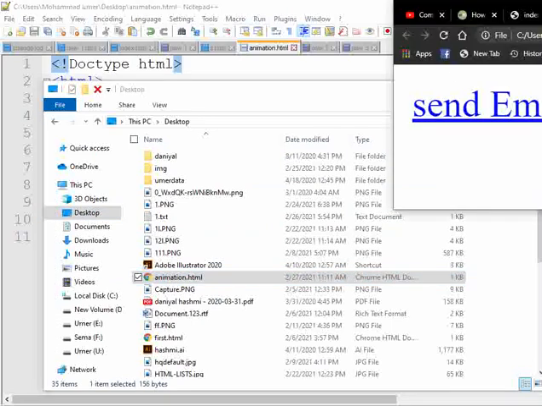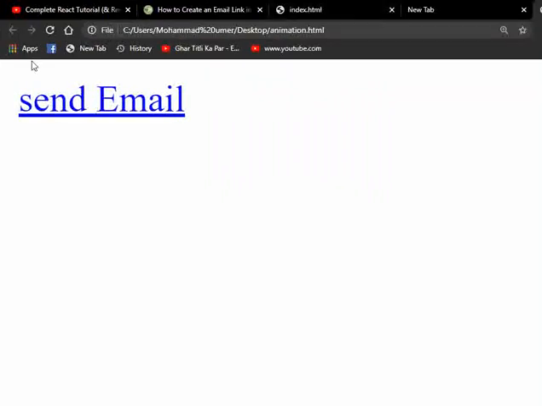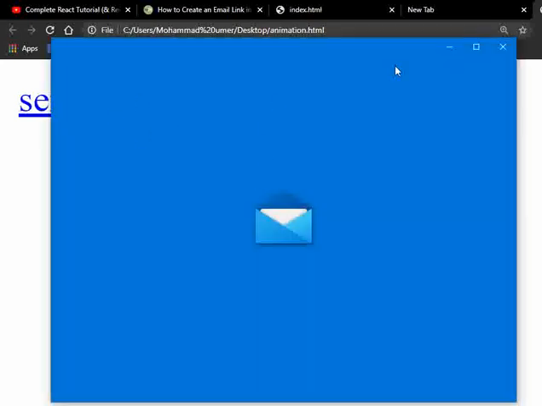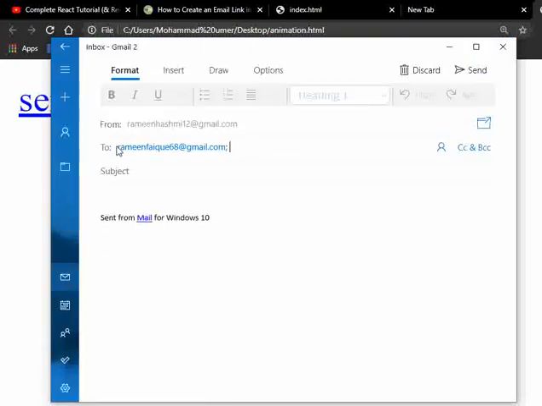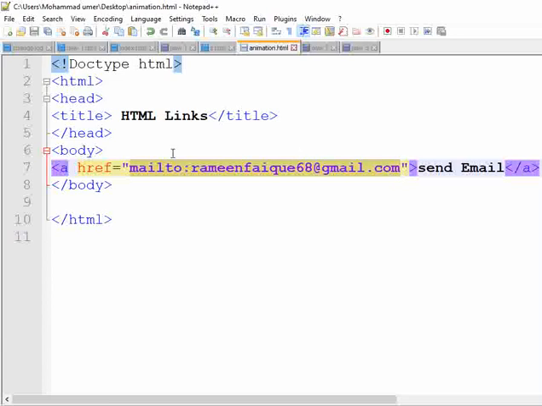As you can see here, this is what we created. When I am bringing the mouse over this particular text, what is happening? My mouse symbol is changing from the arrow to a small hand because this is the link, this is the email link. So let's click on it. When I am clicking on this link, you can see on your screens the user's email program is opening. As you can see here, this is the email address that I have already given in the href attribute because I want to send the email to this user.